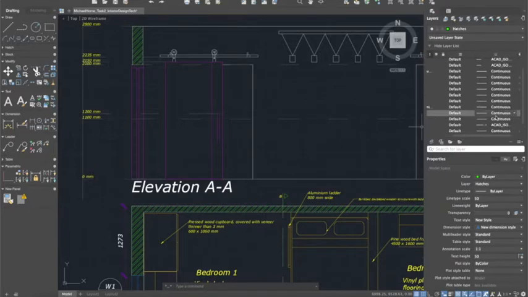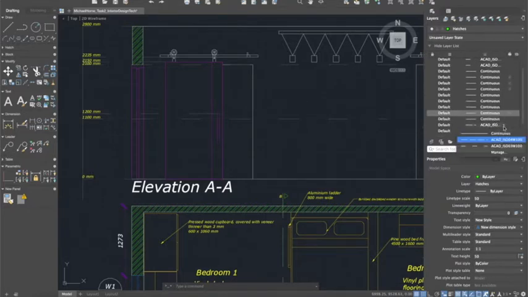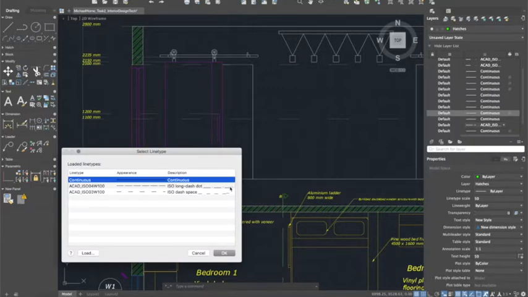And most of these lines that you're working with then, like these ones, most of these